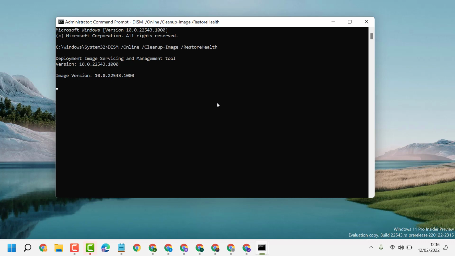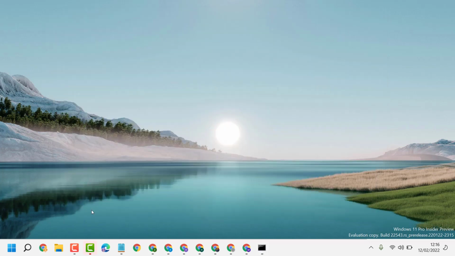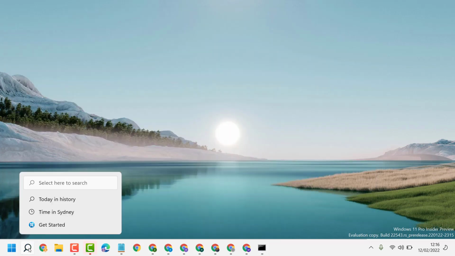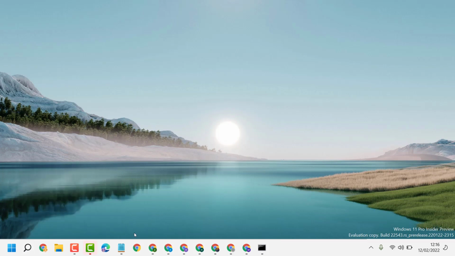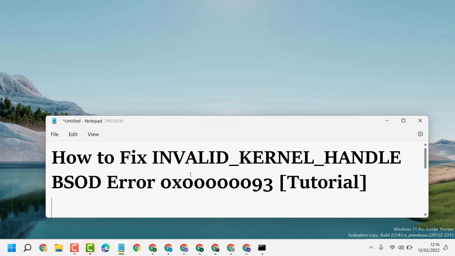It will take a few minutes, so wait and complete this process, and once this scanning completes, again close it and restart your PC. So hopefully guys, after restart, now you can fix and resolve invalid kernel handle BSOD error